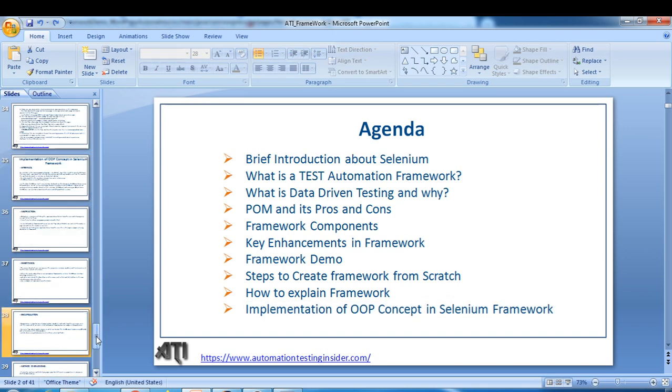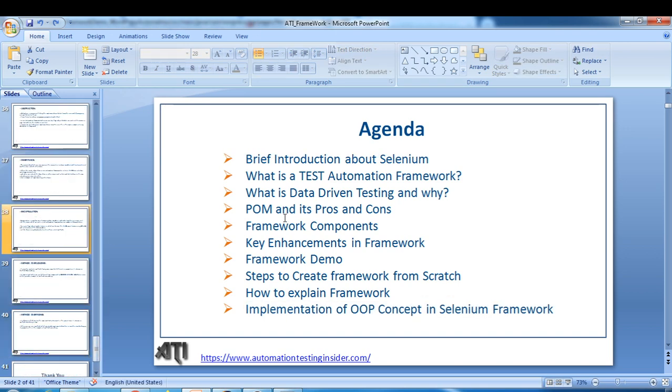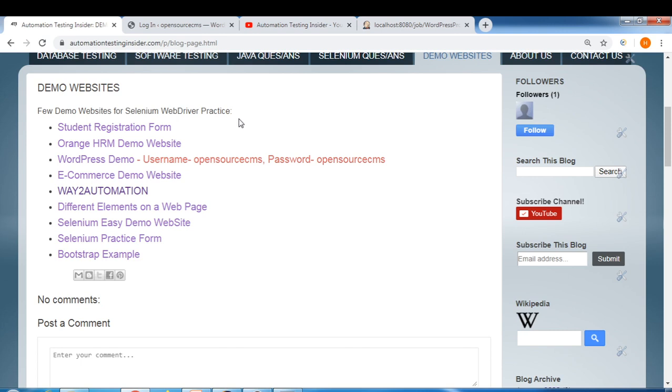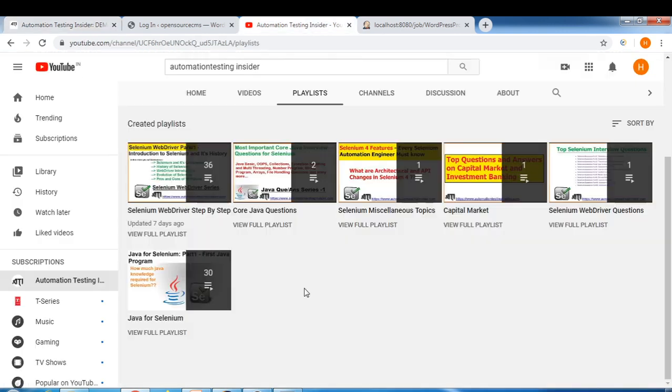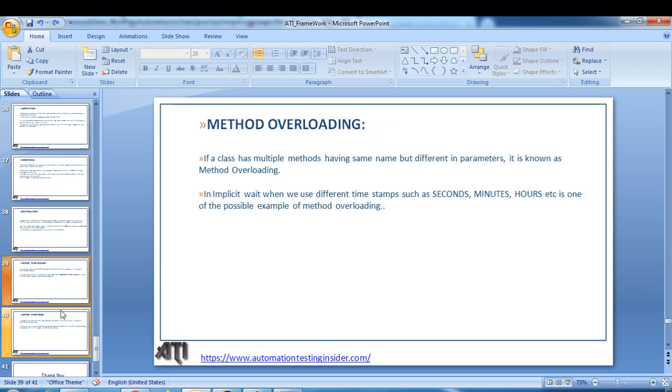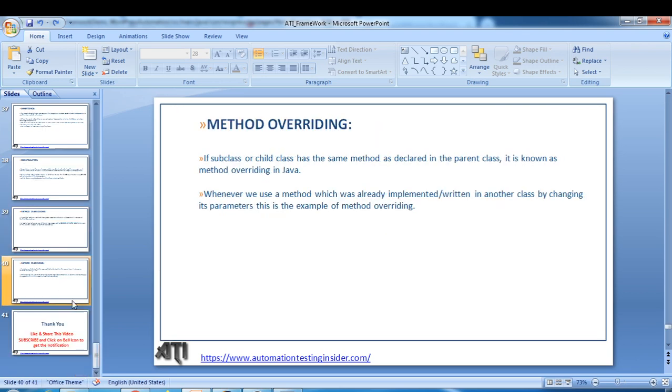I'll create a separate article on this in my blog going forward. Probably I'll publish it in a couple of days. If you need this framework, then let me know and I'll share the URL